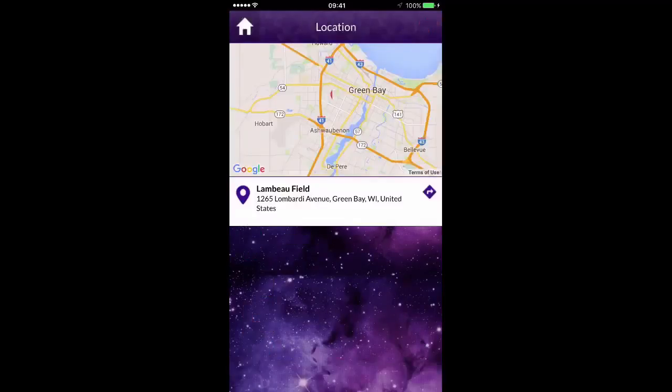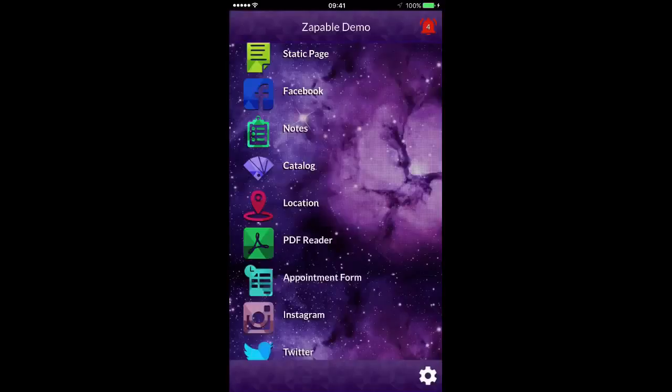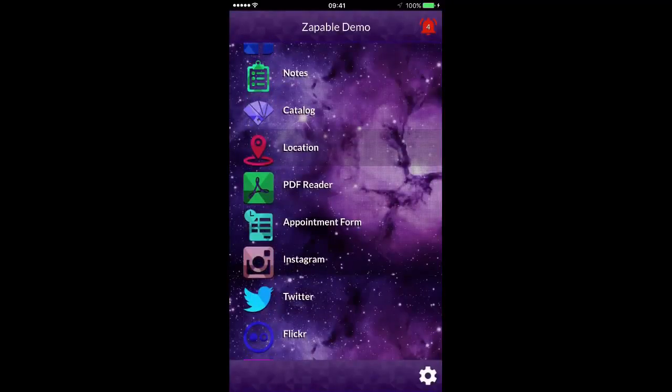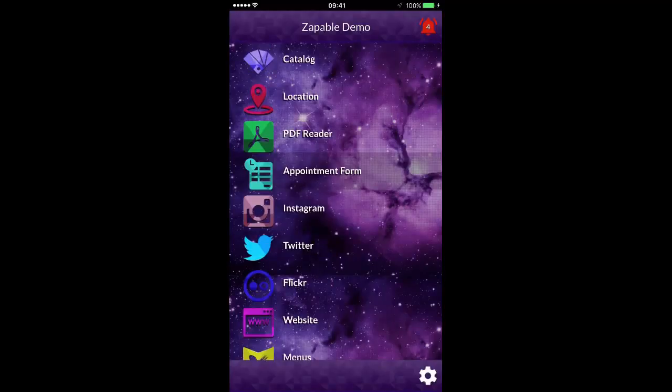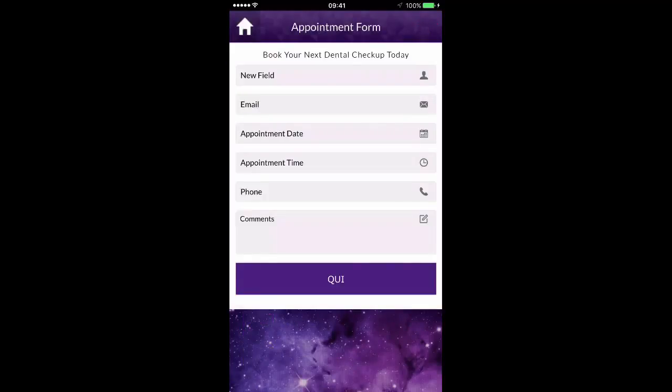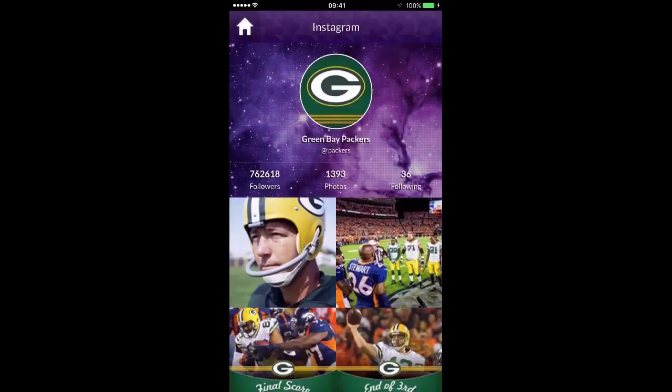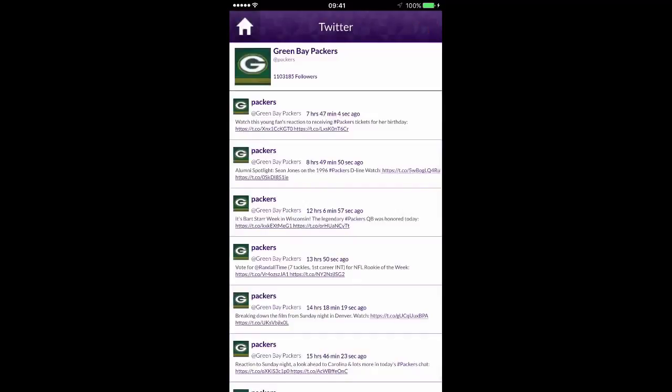Location is where you can list different locations, for maybe if a business has multiple branches, or if you want to list multiple different landmarks within a city or restaurants and so forth. Again, just the address, there's GPS directions. When you click on the arrow, it will show you how to reach your destination based on the location you're currently at. The PDF reader, so you can add ebooks or PDF brochures into your apps. Appointment forms allow users to book appointments, and it'll go through to the email specified. We have Instagram, Twitter integration, Flickr,